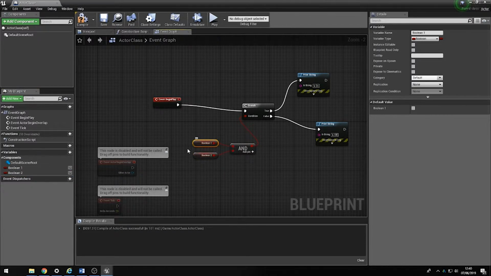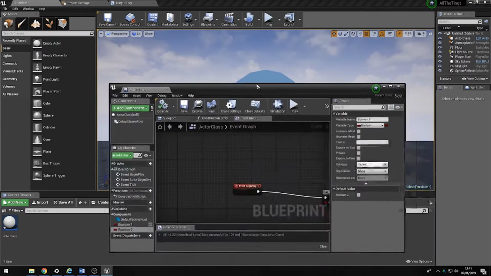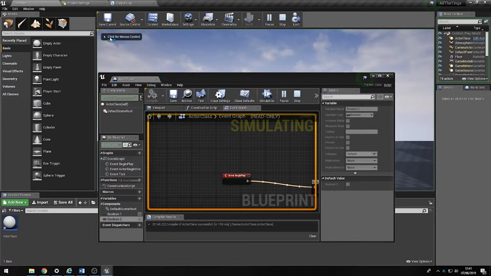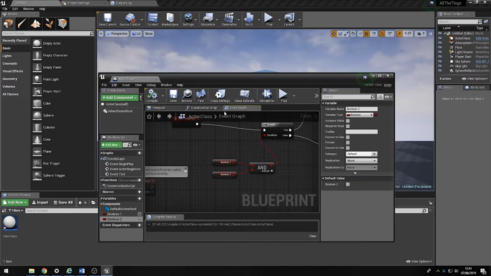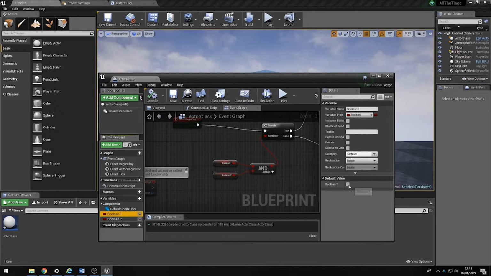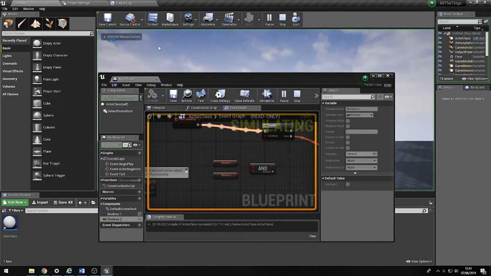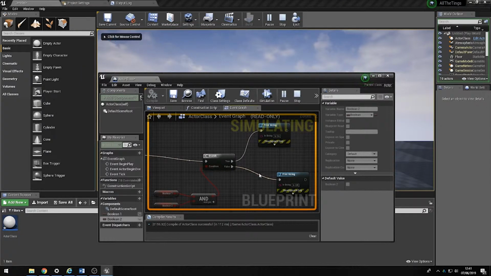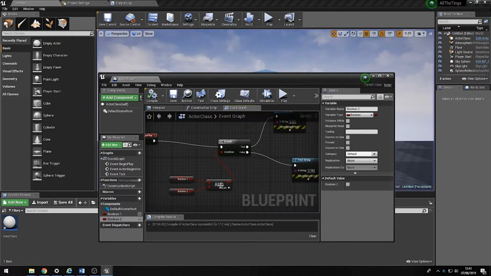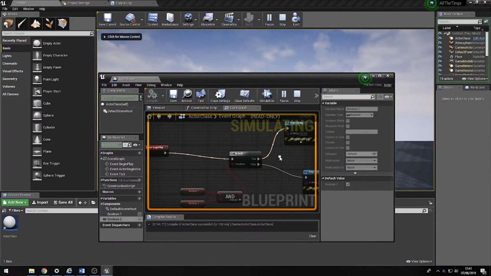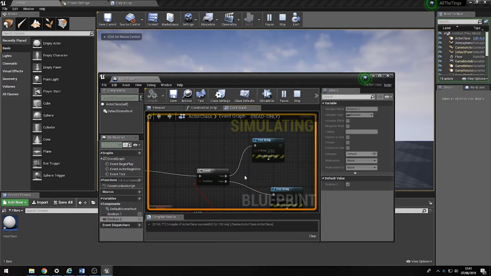So Booleans are on and off switches. At the moment, 1 is off, and 2 is off. So let's see what happens. If I then press play, it's saying it's off. Now, if we turn boolean1 on, remember boolean2 is still off at this moment in time, and I press play, again, it defaults to being off. Whereas, if I then put boolean2 on as well, and press play, the circuit is complete, and it then becomes